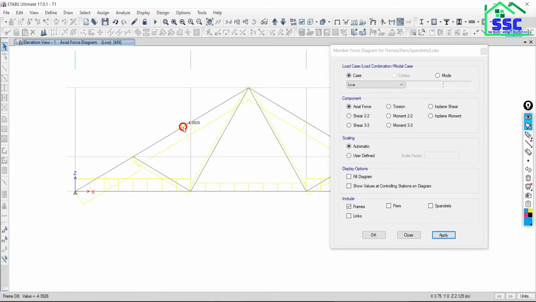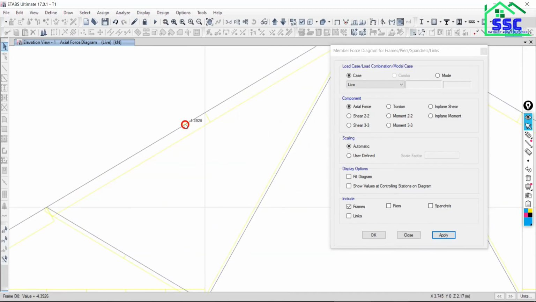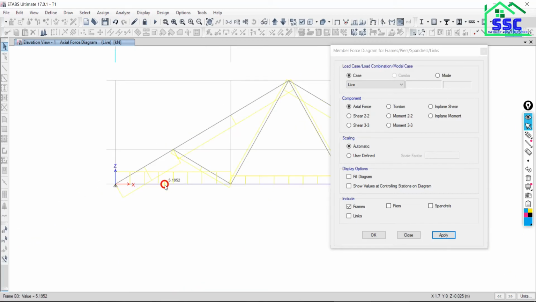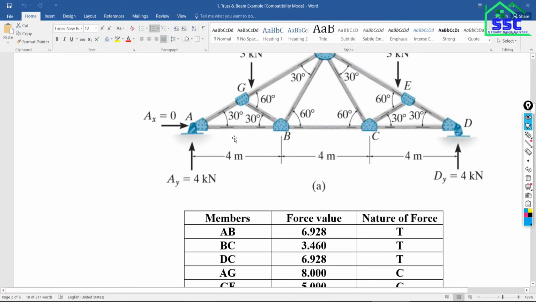Is that okay? Now tell me how much it is. Minus 4.3926. How much is this one? 5.1952. Just come back to see which member this is, A and B.